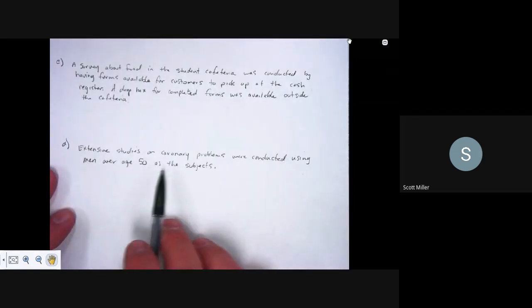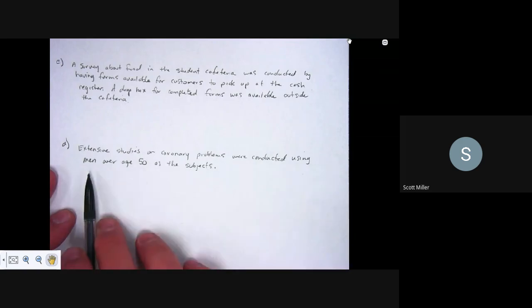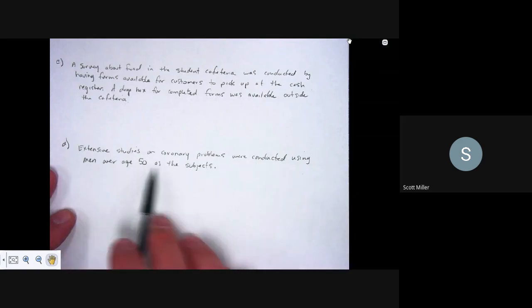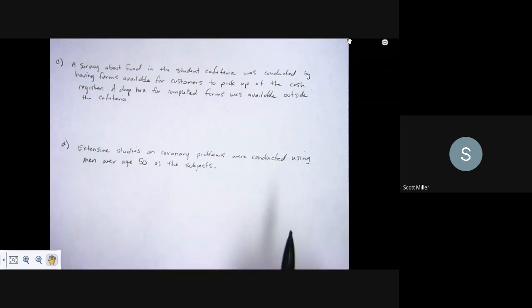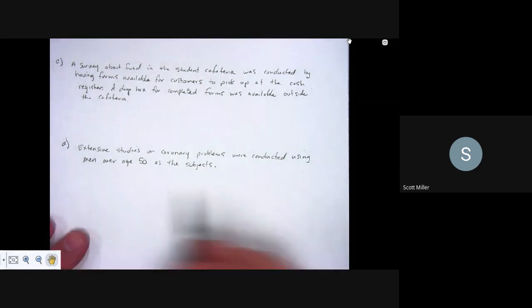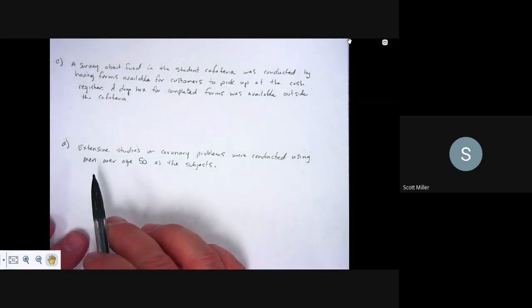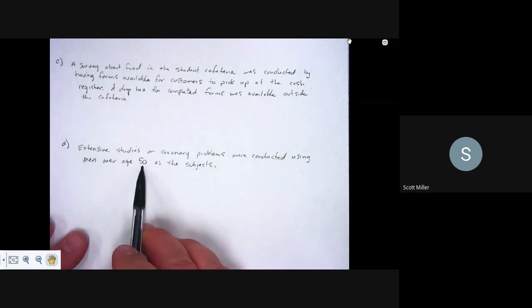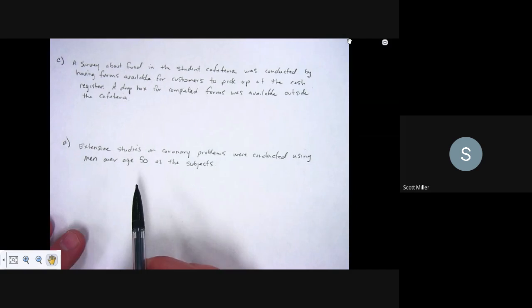Extensive studies on coronary problems were conducted using men aged over 50 years old as the subjects. So what's wrong with this data to use to draw conclusions? Remember, because stats, we use it to draw conclusions. So if I gather this information, it's important to understand that it is only for men over age 50, okay? And you cannot generalize this information to anybody else,